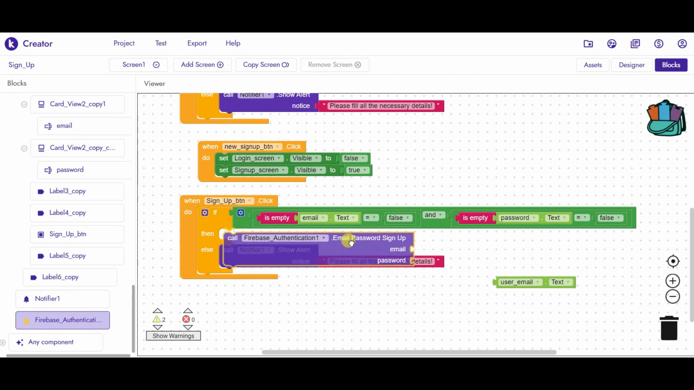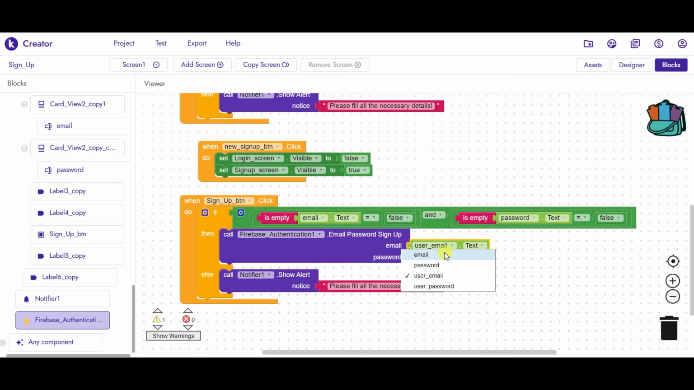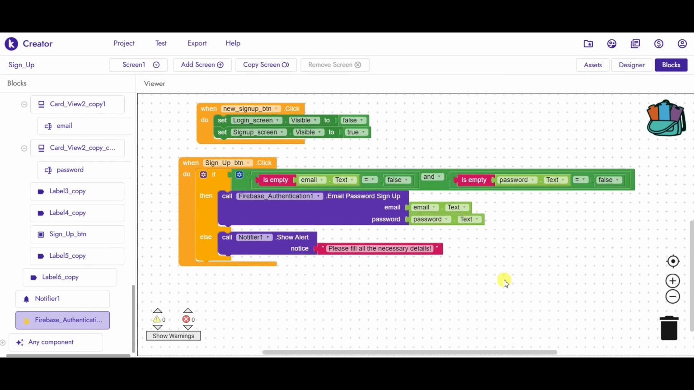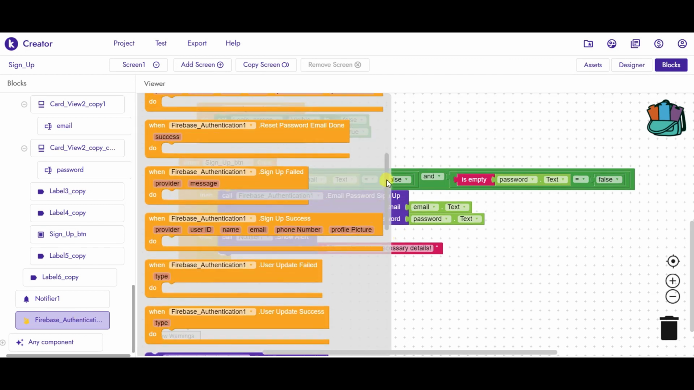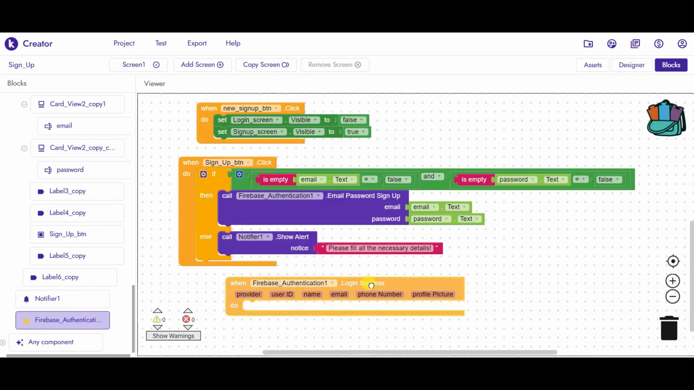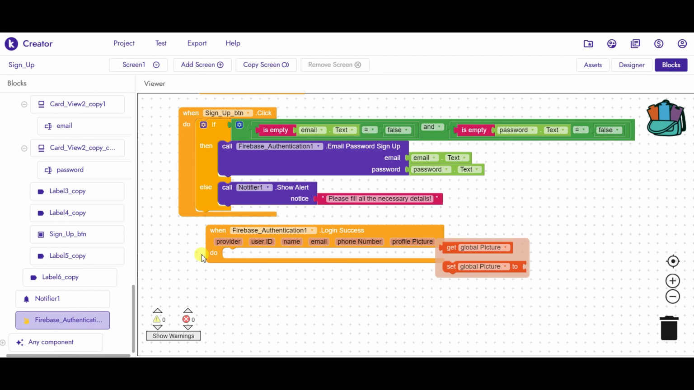So email password sign up, email will be user, instead of user email take email, and password will be password.text. And everything else is same. Now if Firebase authentication login is success, means when we logged in our account, if it is successful, then we have to set